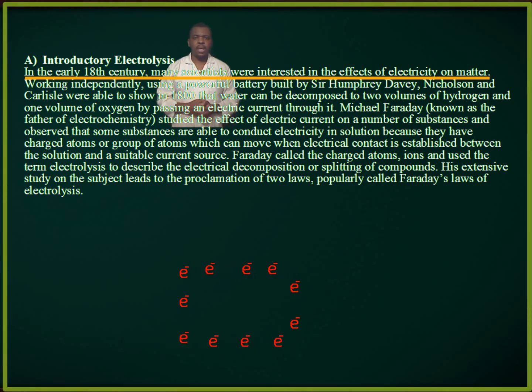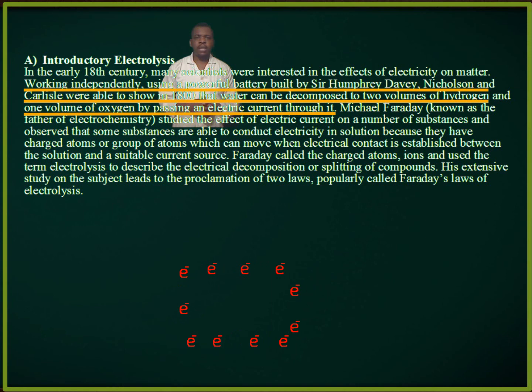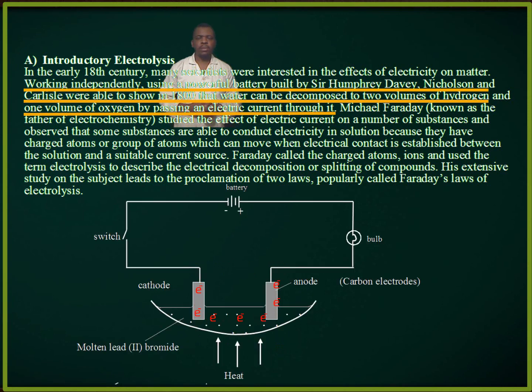Electrolysis. In the early 18th century, many scientists were interested in the effects of electricity on matter. Working independently, using a powerful battery built by Sir Humphrey Davy, Nicholson and Callis were able to show in 1800 that water can be decomposed to 2 volumes of hydrogen and 1 volume of oxygen by passing an electric current